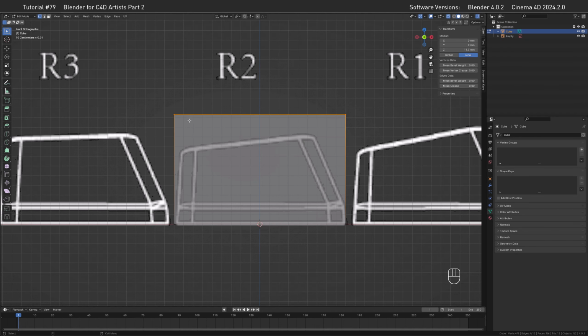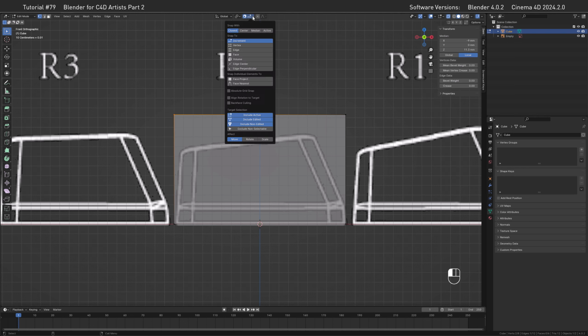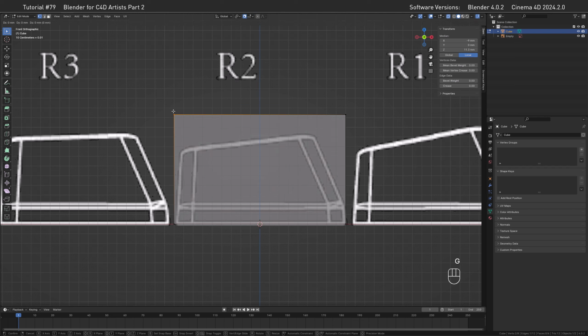Let's actually move some points around in a constructive manner. So let's select the back points here. And this is still in X-ray mode, so we selected both of them. Then what we want to do is turn on snapping. This is set to increments as default. So when we go grab and move that, you can see those are snapped to the increments of the world